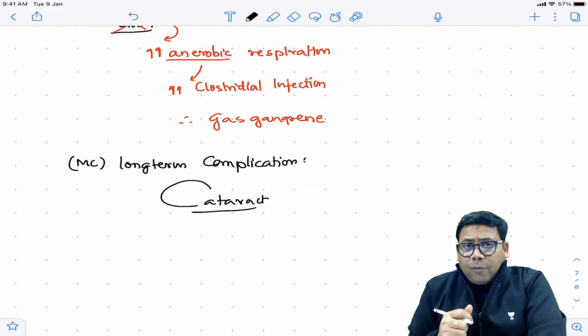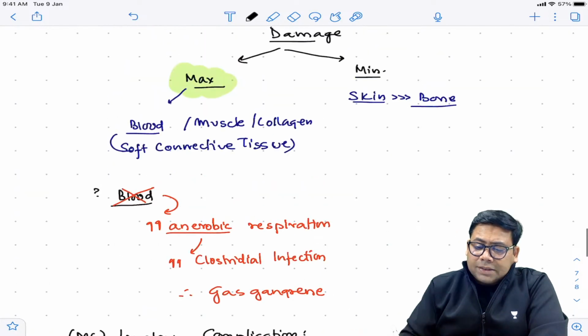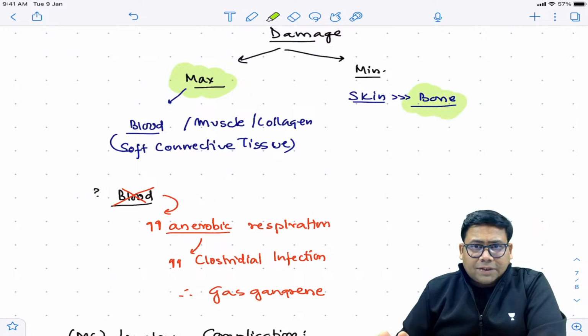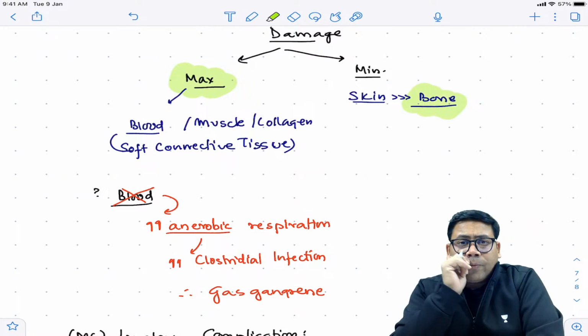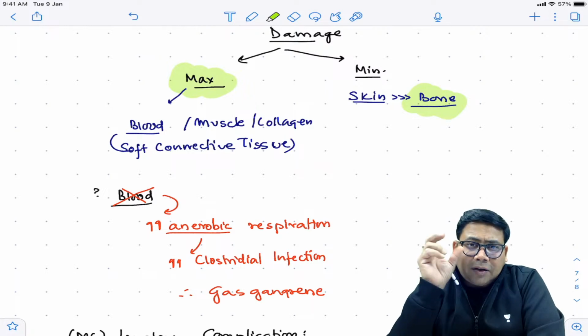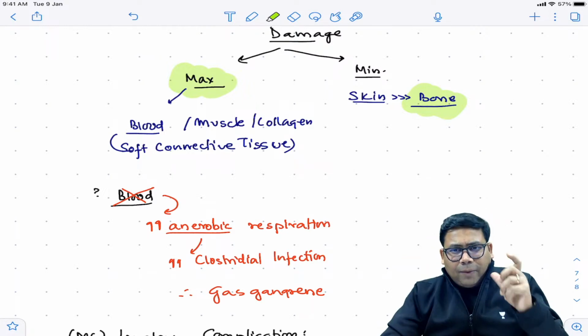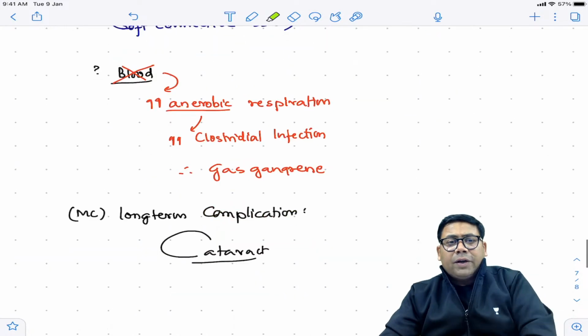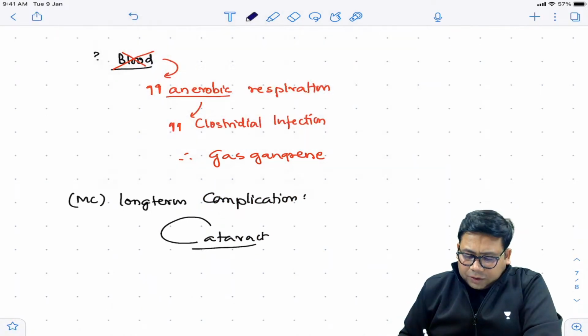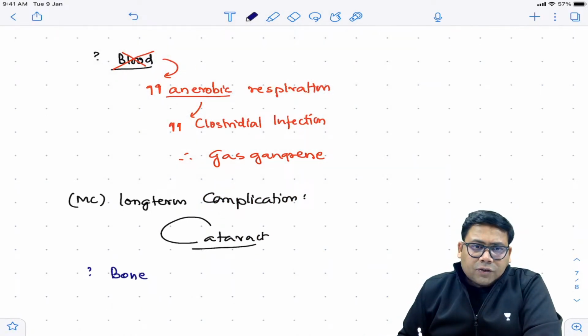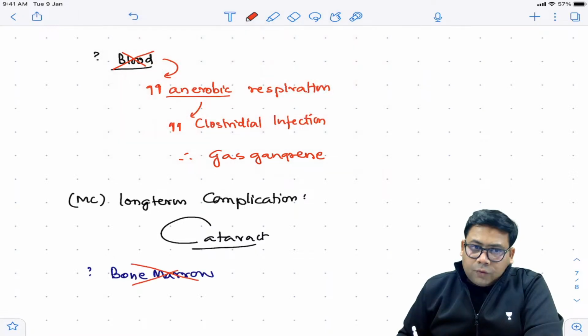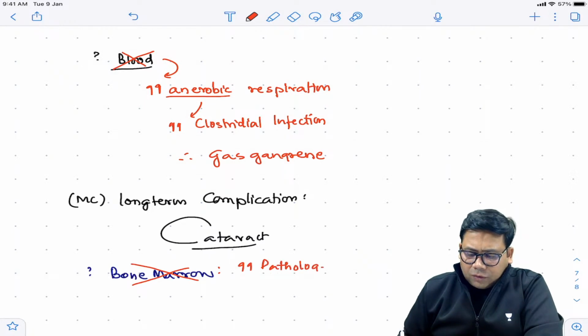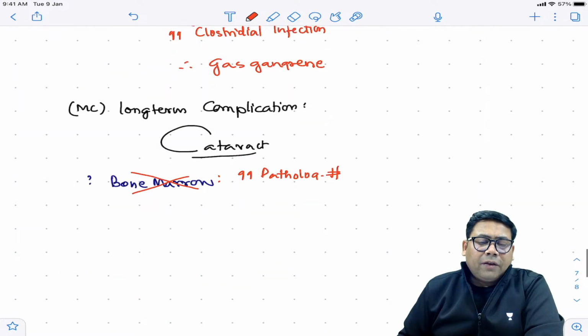One more important thing is that, do you know that bone is a very resistant structure? Everyone understands that bone is resistant. But what about the bone as a complete complex? Bone has bone marrow, which is a soft connective tissue. And the marrow is destroyed, and that is why you have brittle bones. So why do you see pathological fractures? Because of the destruction of the bone marrow, you have brittle bones, and therefore there is increased risk of what, students? Pathological fractures. And this is again very important.